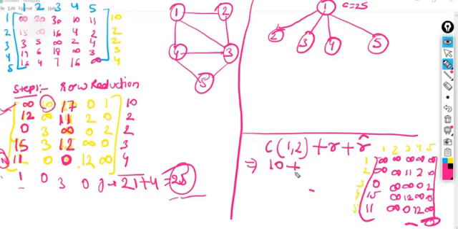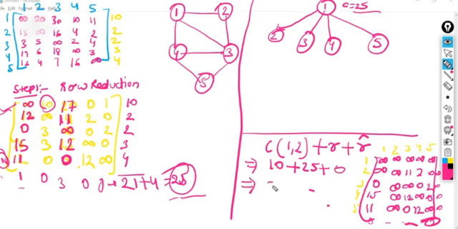So we have to write here 10 plus the root reduced cost. It's 25, we have already calculated. Now, is there any need to further reduce it? We have to check whether this particular matrix 2 is in reduced form or not. We check that each and every row has a 0. If it has infinity, it's okay, we ignore it. Next, what do we have? 0. Yes, we have a minimum of 0 here, here, and here. Now column-wise we have to trace. 0 is available here, yes, ignore it, 0, 0, 0. No need to further reduce it. That means it is already in reduced form.